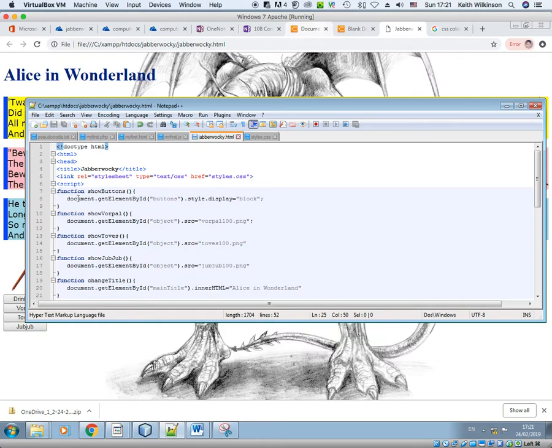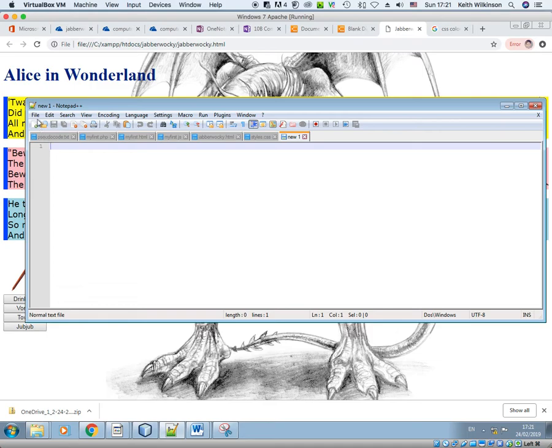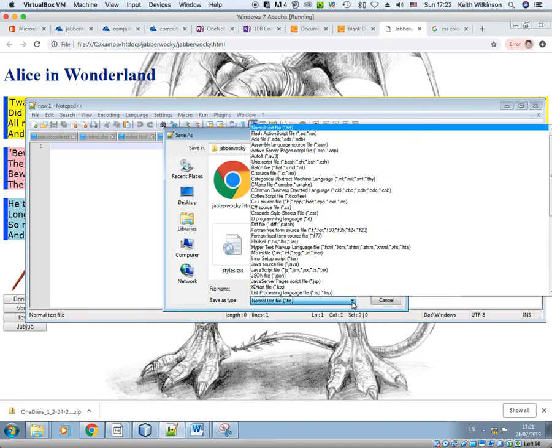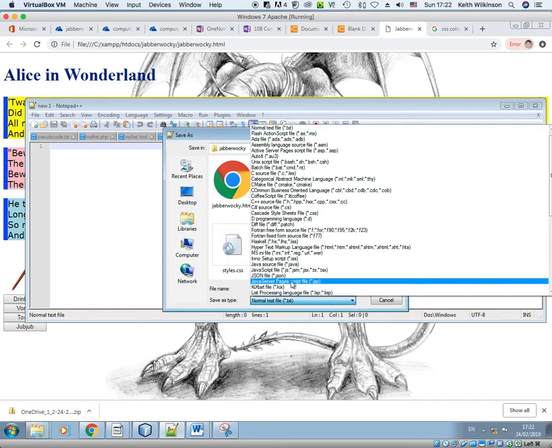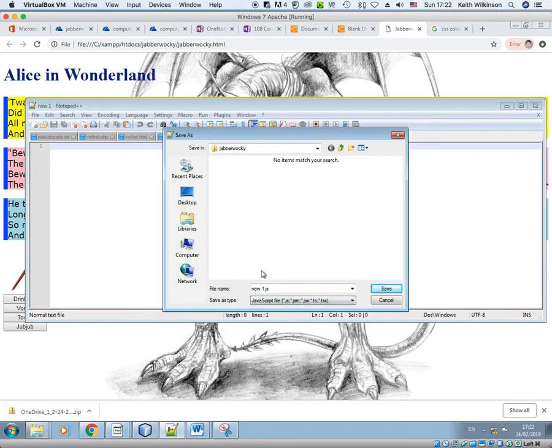This is a language. We actually don't need it in our web page. All we need to do is link to a file containing it. So I'm going to do that now. I'm going to create a new file, and I'm going to save that new file as, and again we're going to change the type, and we're going to change it for a JavaScript file. So here we've got JavaScript file, JS, JSM, and so forth. So if I change that to a JS file, and if I call it scripts